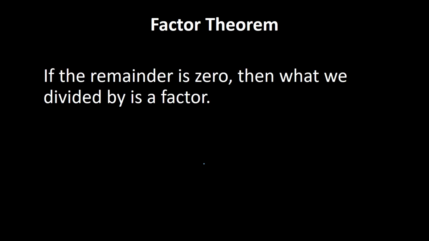What the factor theorem says is that if the remainder is 0, then what we divided by is a factor. So ignoring polynomials, ignoring algebra for a second, if you were just looking at basic mathematics with numbers, you were to say, is 4 a factor of 8? Well, the answer would be yes. The reason is because if I take 8 divided by 4, the answer is going to be 2 with no remainder. But if I said is 4 a factor of 9, well, if I take 9 divided by 4,